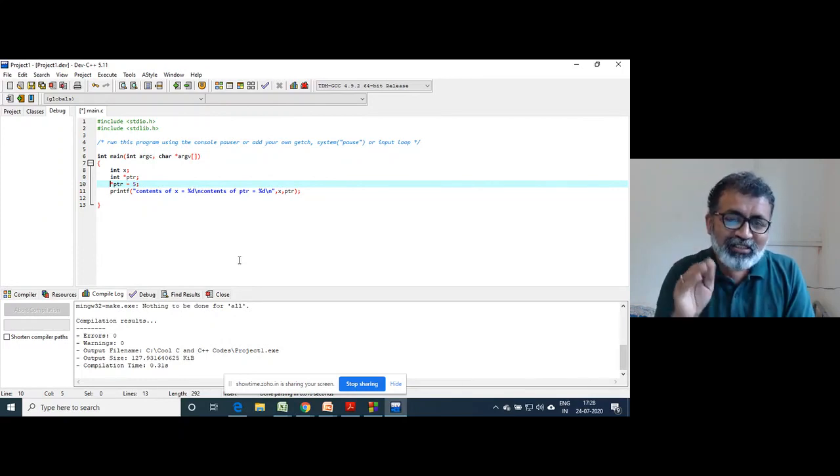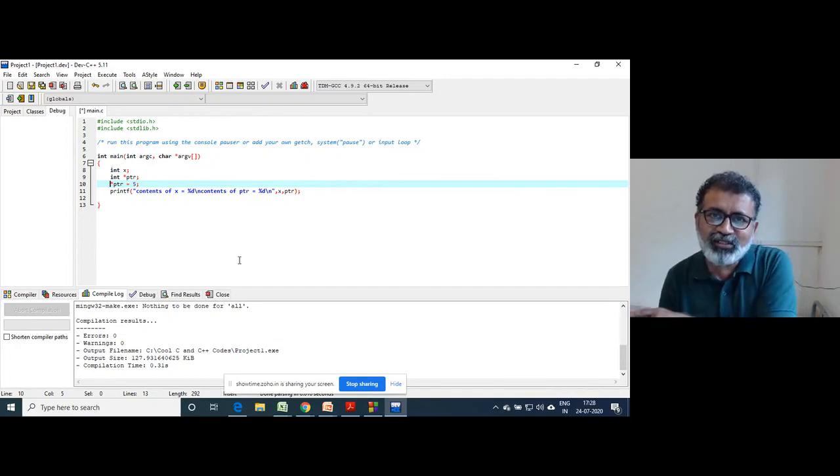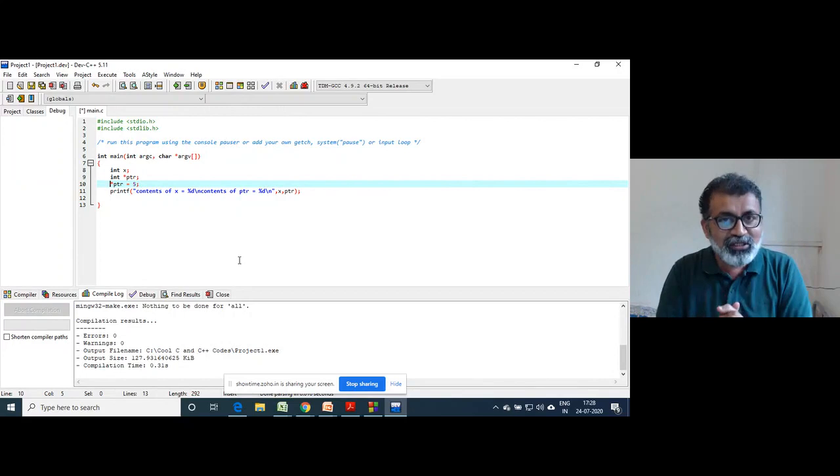Okay, so when you write star PTR, what compiler will do? Compiler will go to PTR. It will see what is inside PTR. Inside PTR, it finds 37. It will go at the memory location of 37, and at that memory location, it will store 5. Now, basically, this memory location having address 37 doesn't belong to you. So at that address, anything can be there. Any system file might be there. Okay, any driver might be there because you are on the RAM.